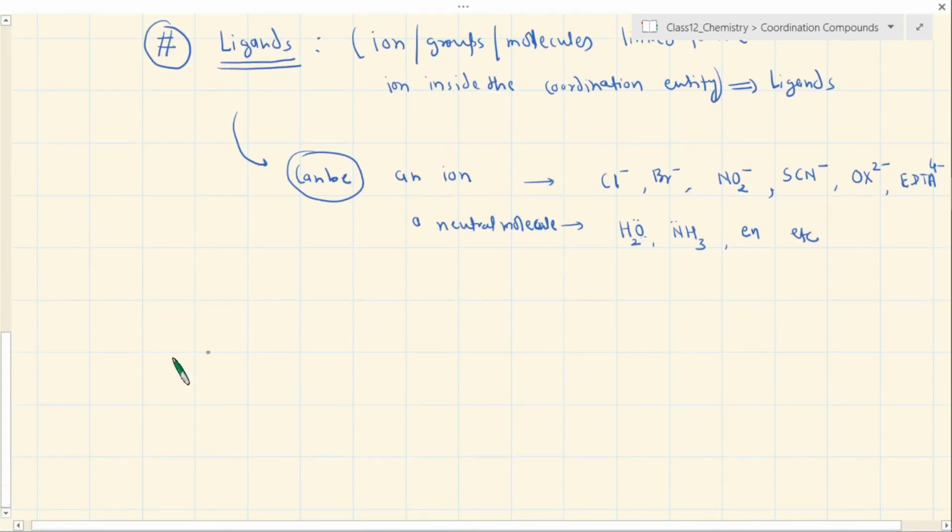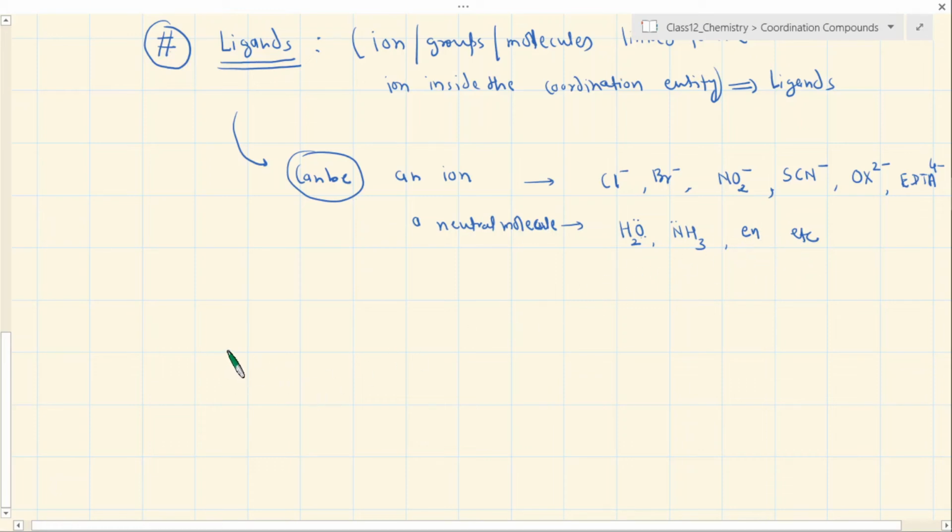Now how many bonds does a ligand form? Depending upon that, we can see that there are complex types of ligands also, or simple ligands. So there is a category of ligand which forms only, let's say, one bond. For example, you can see that all these four will form only one bond at least with a metal. Okay, but this can form two bonds, this can form four bonds, more than that. I will show you how. Now here in the neutral molecules, this can form one bond. One water molecule forms only one bond. One ammonia forms one bond. Ethylene diamine will form two bonds. How? I will show you.